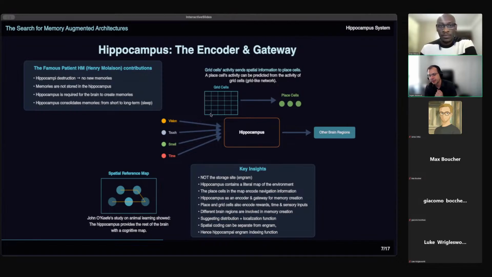And so you're saying that this mechanism gets co-opted for memory in general in the hippocampus? Yeah, so it plays a crucial part in memory consolidation. For example, if a rat wants to remember that this place was where I got shot, it has to query place cells using the coordinates of the grid cells. So you know that this part of the corner is where I got shot. So that's a memory